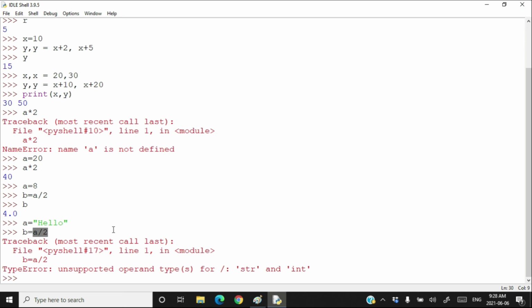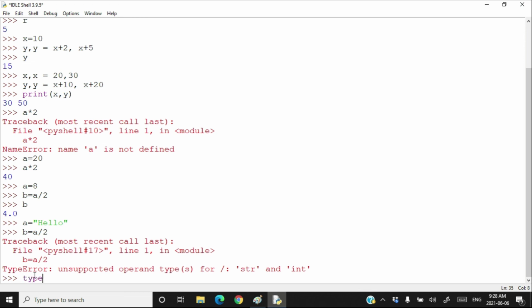How will you see the type of any variable? How will you see the value whose address is stored in a variable? What type is associated with that value? How will you come to know this? To do that, we have a function called type.